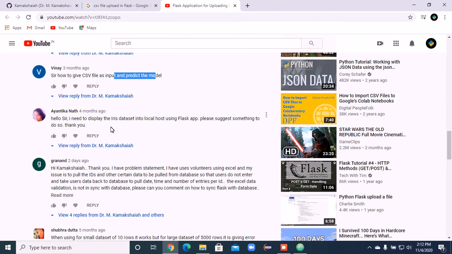And then display the iris data set. I may not be able to do each and everything. You can test yourself how to take the, I know iris data set. We used to do a lot of analysis on this. This is a very famous data set available for